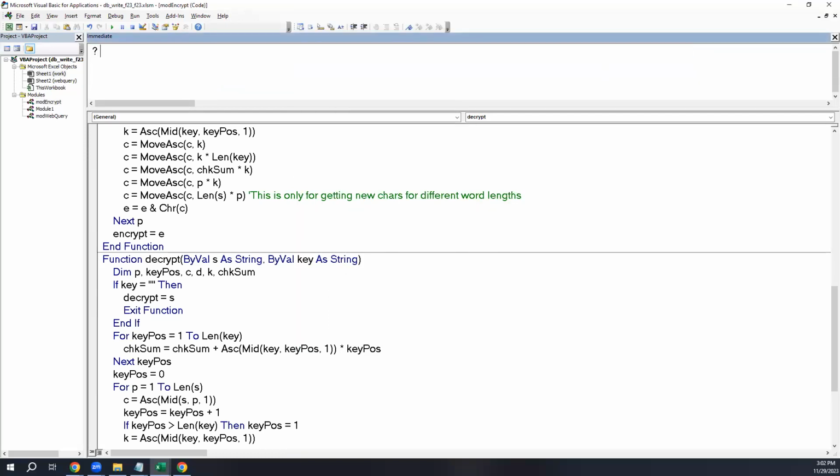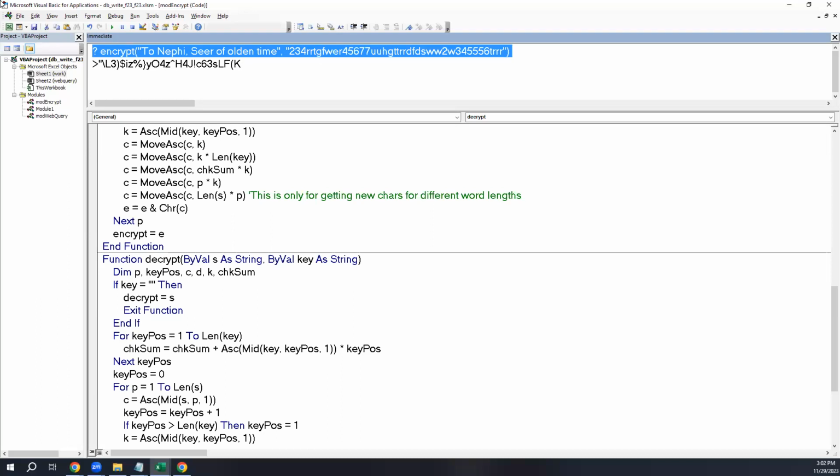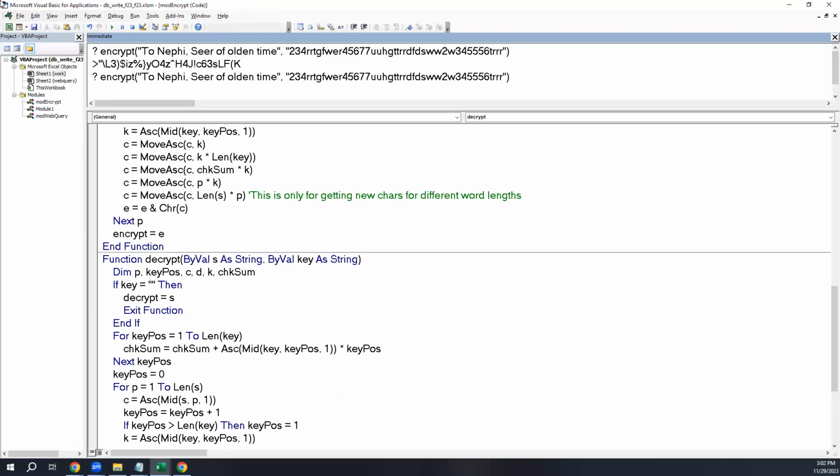I should be able to say encrypt, and then a key. The key could be one you memorize, but it's probably just some random set of numbers, or numbers and letters. And that gives us an encrypted version of that. So I should be able to use that to decrypt